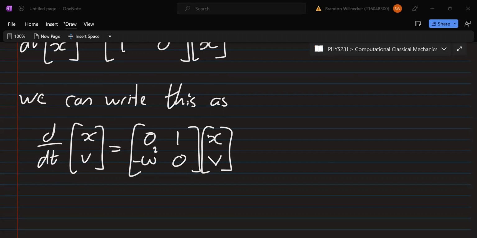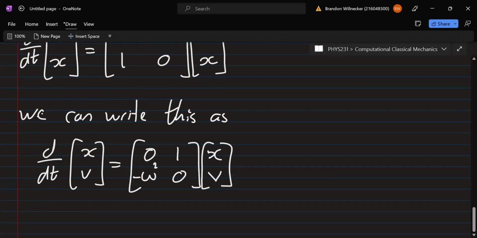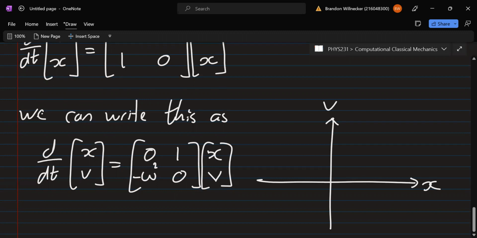Okay, so now this x and v, we can think about it being like a vector in phase space. So we've got our x and our v, and given some point x, v, we have ourselves this column vector given by that. And we see that d by dt of this vector, so the change in this vector,